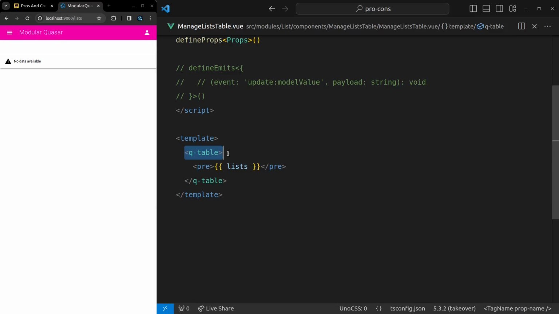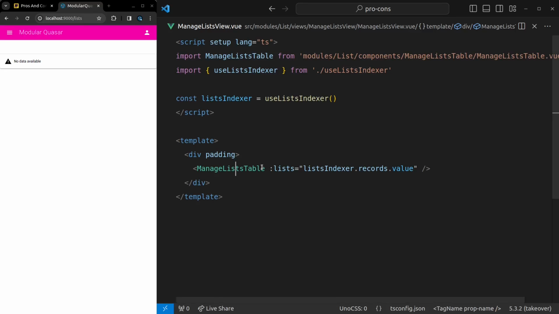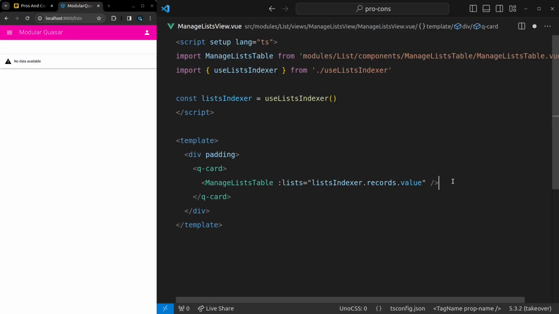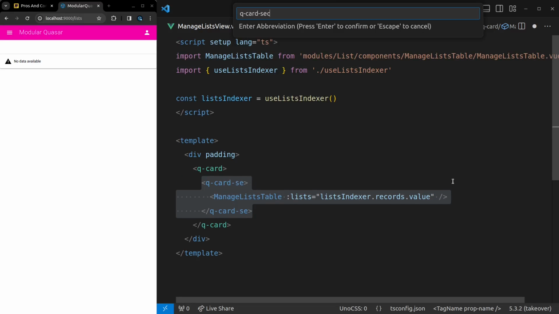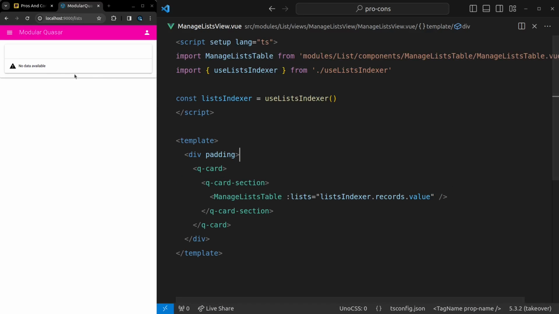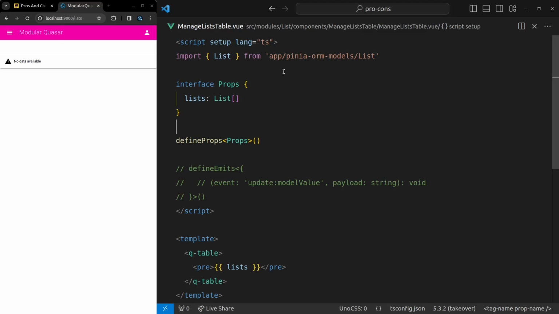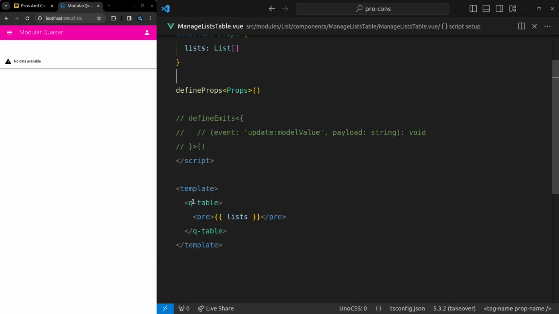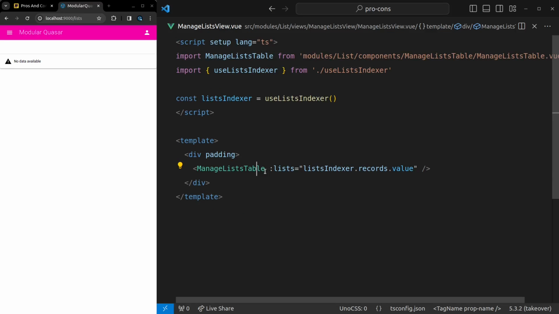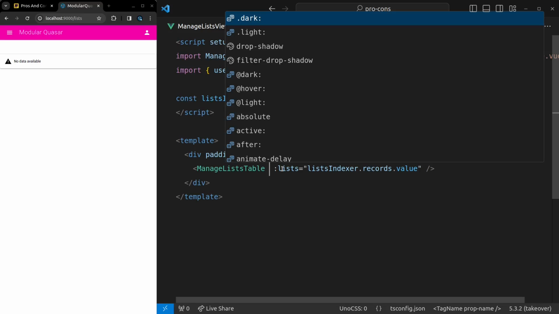If you wanted to wrap that in a card or something like that, you would do it on the view. So you do something like this, QCard, and then maybe like a QCard section, right? If you wanted to do that, you could do it like this. But you would not do it on the component itself. The last word of this component must match up with the component here. One of the reasons we do that is I now know that I can do something like,